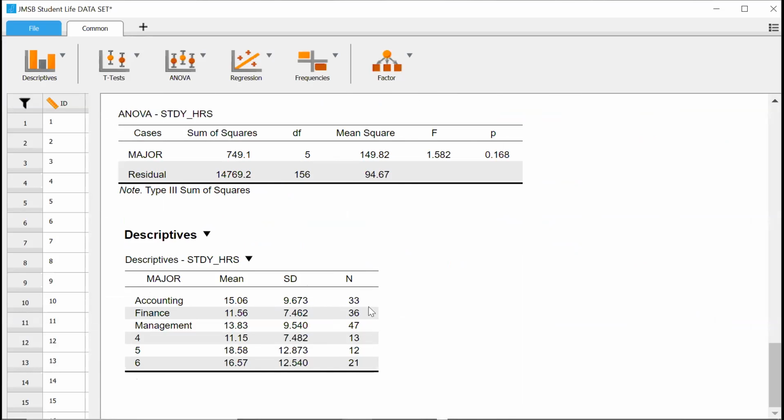So we've got 33 accounting majors, 36 finance majors, 47 management majors, 13 of whatever this was, 12 of whatever this was, and 21 others. No big deal. So when we're writing this up, that's what we're going to report. You're going to report the mean and the sample size for each group, what the group was, the F statistic